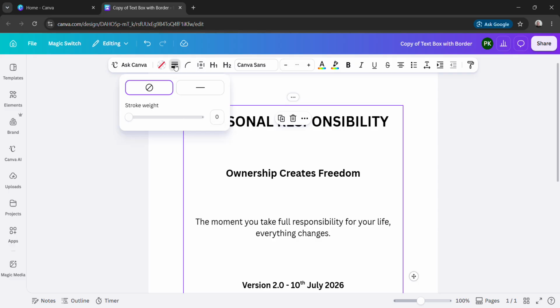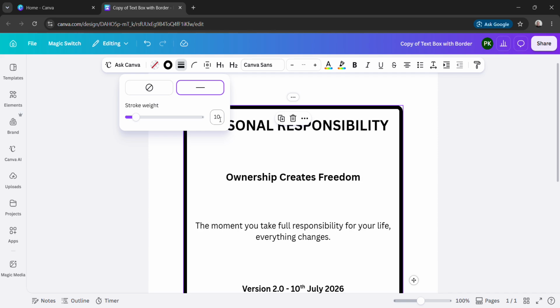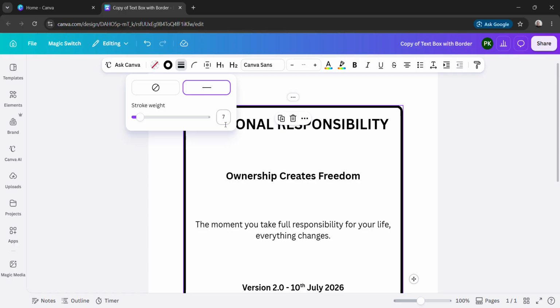It'll give you what is called a stroke weight. Now that's the thickness of the line. I want to have 10. So it increases the thickness of the line straight away. You can have it any thickness you want, so you can go back to it. If you want it to be 7, return, slightly thinner. So it's whatever you want it to be. So I want 10,